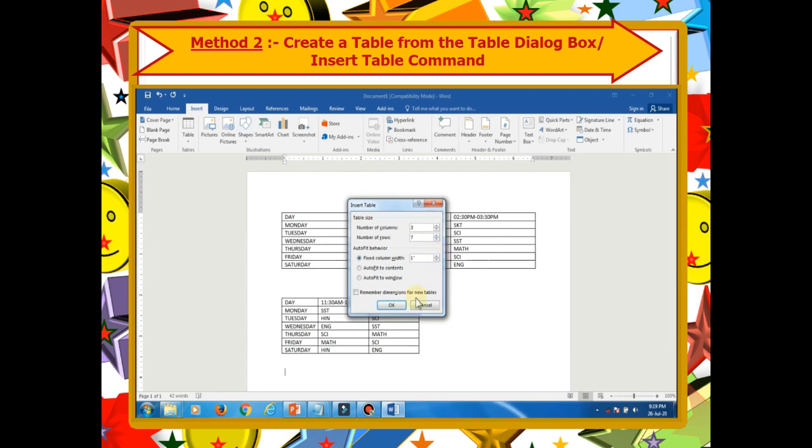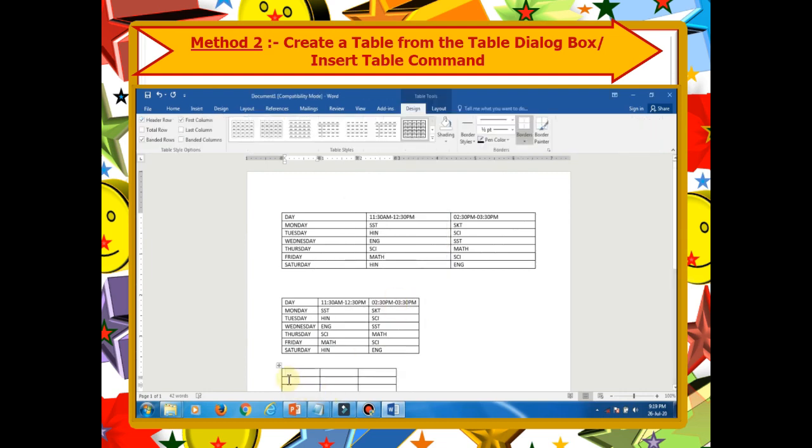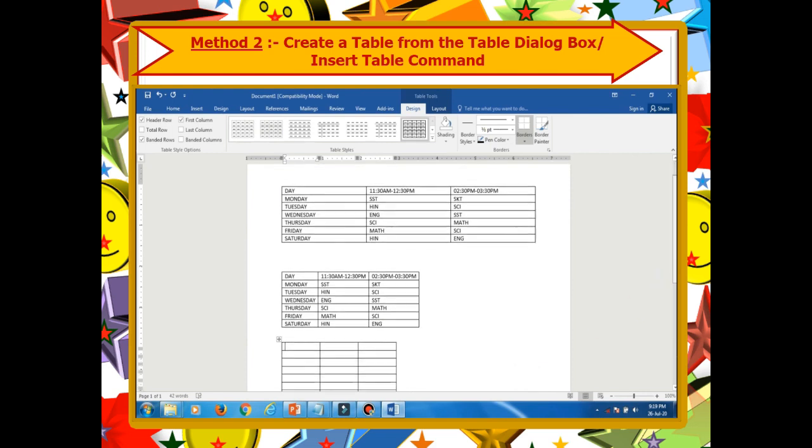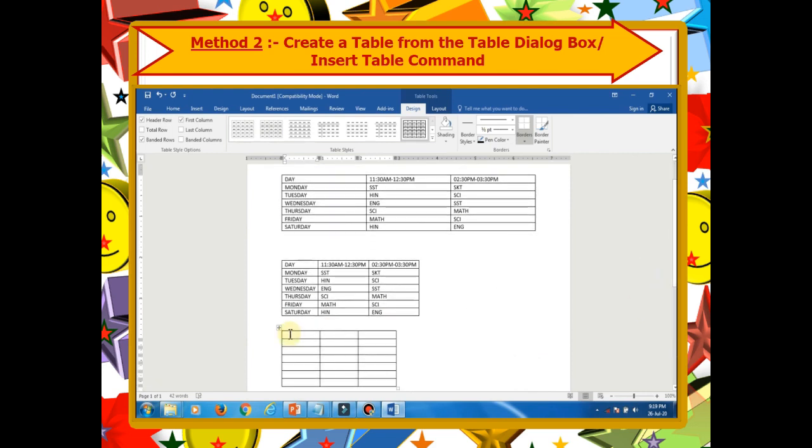You can see on the screen that I created a table where the cell has an exact width of 1 inch. Now let us see what will happen if the content size exceeds 1 inch.